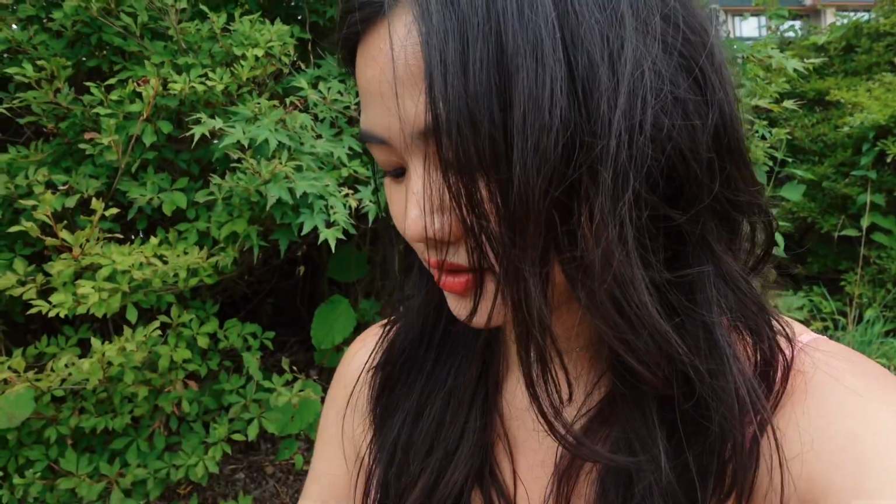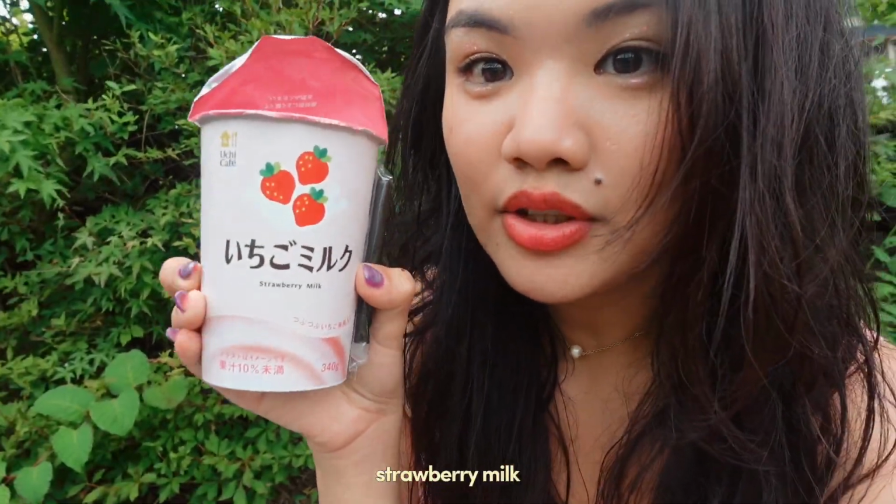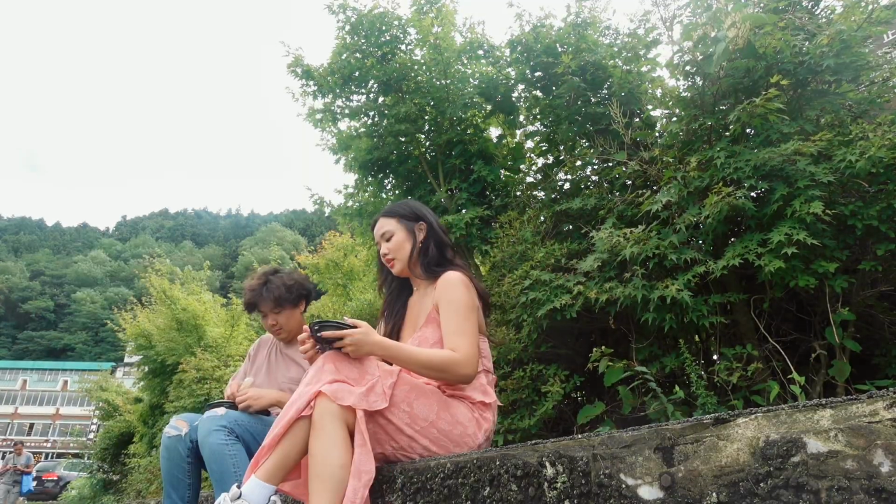Spicy karaage. And then strawberry milk. This one. Strawberry milk. I will show you the receipt later. Bye bye. Hi. Let's eat. Come on,